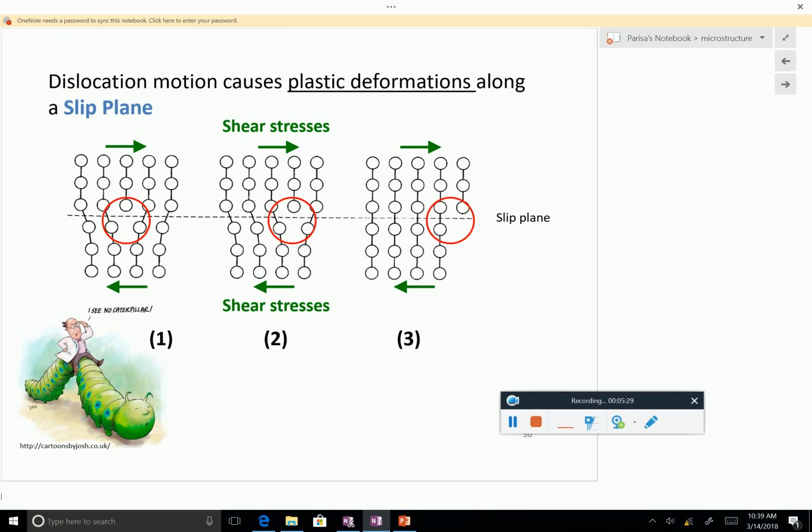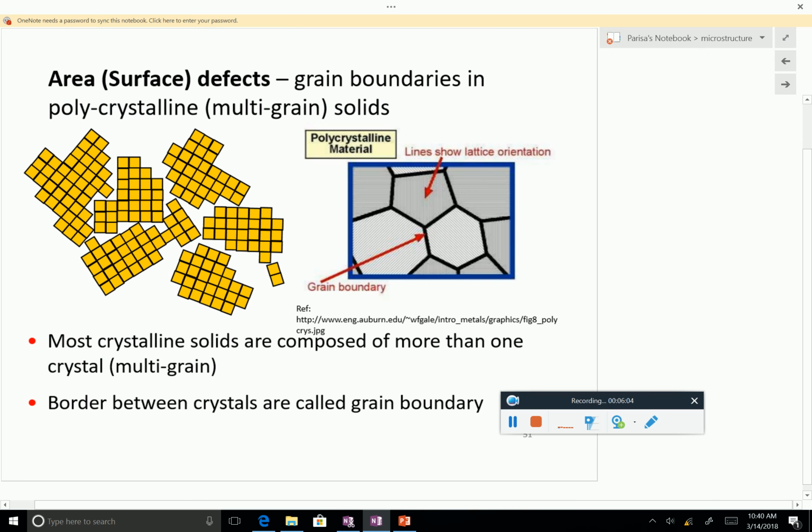And this is what gives the metals their ductility. Dislocation is actually behind the plastic deformation of the metal, as it's written here, and this is called the slip plane because dislocations facilitate the movement on this slip plane. So the atom moves one step at a time, and then before you know it, you go from here to here, where you basically have a displacement. So dislocations are very important.